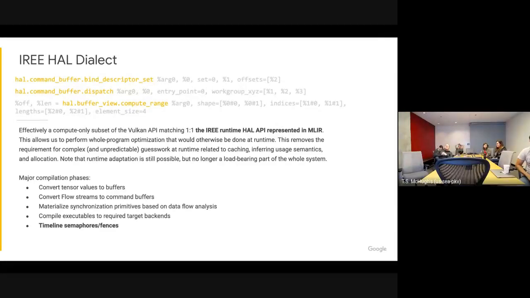Yes. But this is the great thing about compilers. The thing that we've discovered is that it's really useful to think of the dialects and the conversion between them not as a single step, but as, in this case, we convert from the flow dialect describing all the concurrency into the HAL dialect, perform a whole bunch of optimizations within the HAL dialect, and then continue down from there.